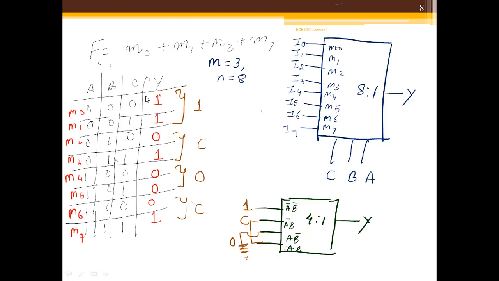Okay. So we can still reduce the order. We can represent the same logic using a 2:1 multiplexer also. We will see that in the next video, in which we are going to implement the full adder using an 8:1 multiplexer, a 4:1 multiplexer, and a 2:1 multiplexer. So thank you so much.